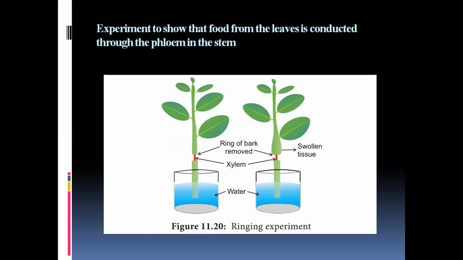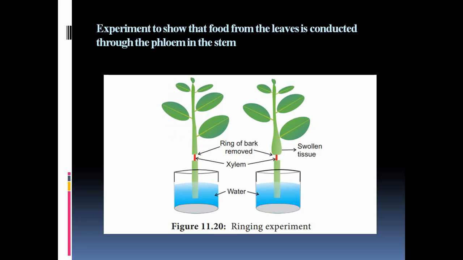But there is no difference we can see in the picture. But it is not like that. After some time the plant will automatically die. Why? We will come to that. But one difference you can see in the picture, on your right you see there is a swollen tissue. You can see a swollen portion at the top. Why is that part above the cut portion swollen?